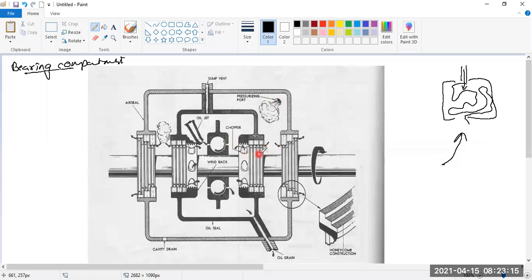So the oil does not get a path through which it can follow and go out of the oil compartment. So only a small amount of the oil leaks from here. Understood? This labyrinth seal is called a non-rubbing seal, and it allows only a certain amount of oil leakage, which is good for us. Understood? Pressure is coming over here, it is applying the pressure over here, and there is a pressure port over here, which is ensuring that the oil is not leaked from here. That is how the bearing compartment works.